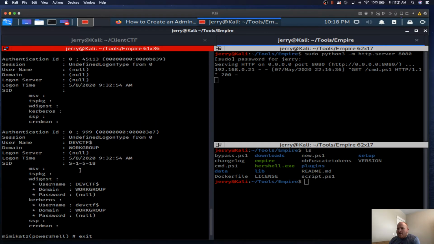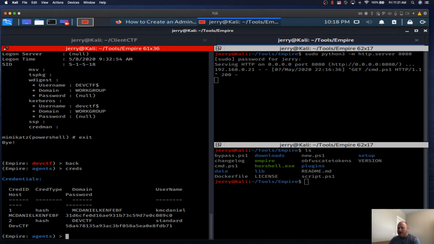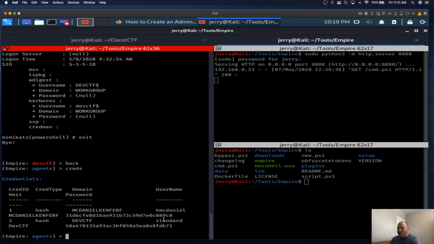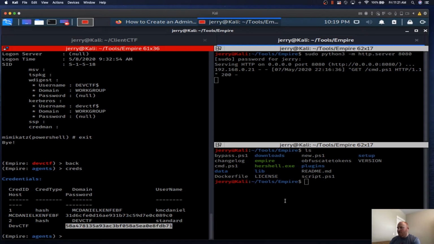And then what we can do now is we can say, okay, let's go back and let's look at creds that we have captured. So we've got 2 captured creds here. The only users that have logged into here is standard, and then when I created this was the name of the machine, and this was the password that was there. So the only users who have logged into this machine that have had their credentials cached on that machine is the user standard. So what we're going to do is take this